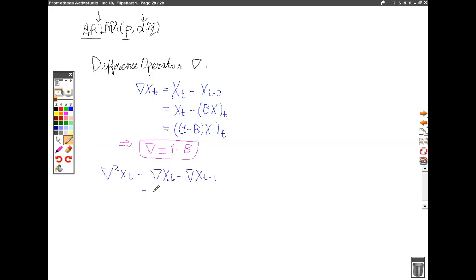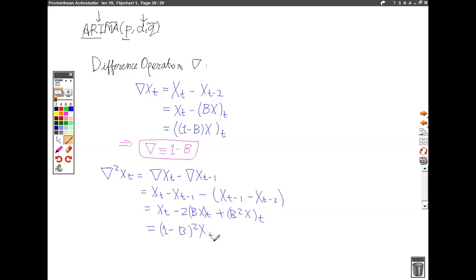If I expand these terms, I get xt minus xt-1, and then minus (xt-1 minus xt-2), which will be xt minus 2 B xt plus B squared xt, right? And now I can rewrite this, because this is just 1 minus 2B plus B squared, as (1 minus B) the whole squared